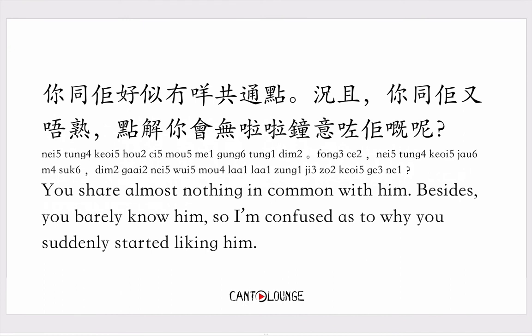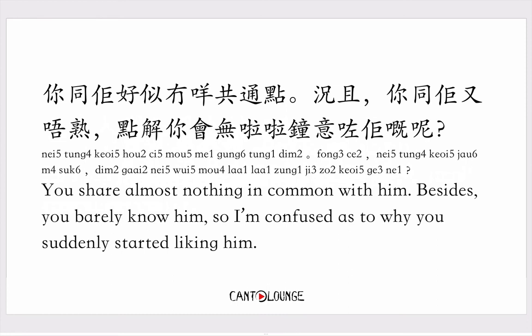So, your friend might just recently, you guys got talking for whatever reason, and he's telling you that he has fallen for a girl, but he's never really talked that much to that girl before, so you're kind of curious, and you might say something like 你同佢好似冇咩共通點，況且你同佢又唔熟，點解你會無啦啦鍾意咗佢嘅呢？